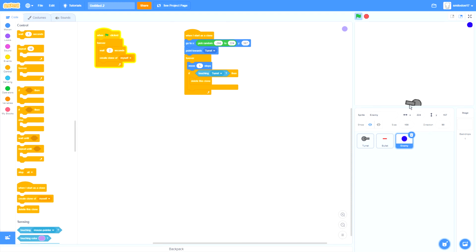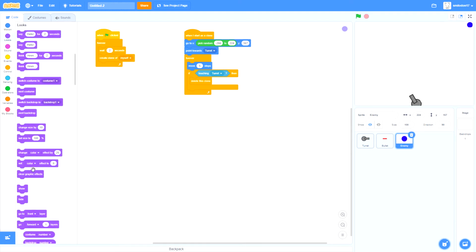So let's test this game out. There we go. Randomly every 2 seconds, it will pick a spot and fly towards the turret. See, the reason that's there is because we forgot to press hide. So we just go here, we hide, and boom. We have our enemies that fly at the turret